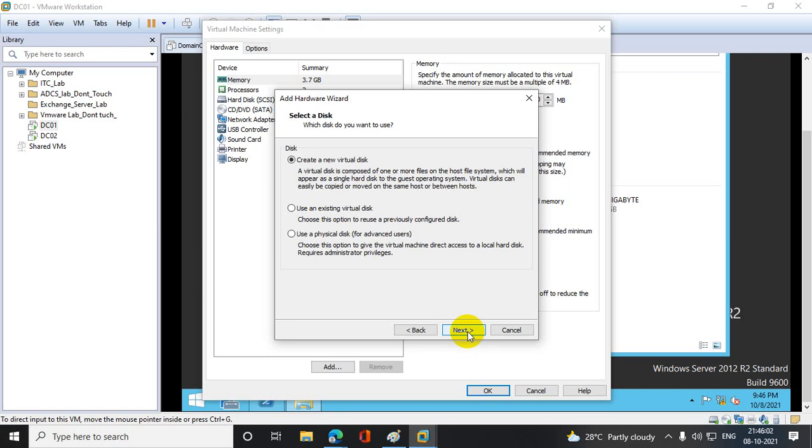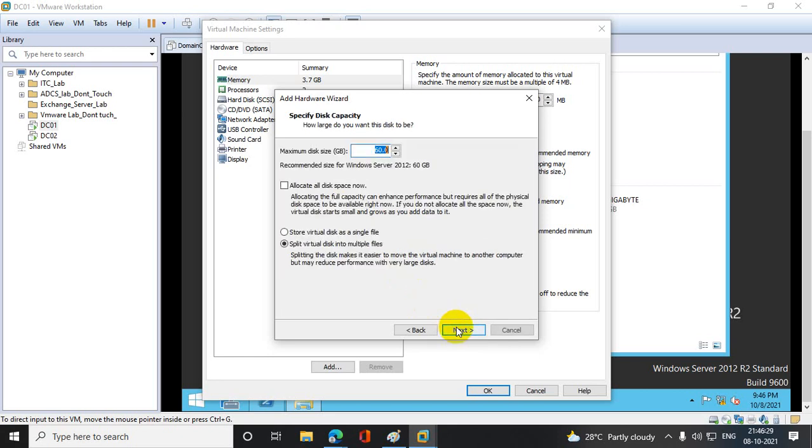In physical disk they also have physical mount points and that can come from storage. When I show you the disk part, it will be clear for your doubts. But the AD team will put a request to the Windows team that I need a 40 GB disk on my domain controller. Once you get the approvals, you raise a request to your Windows team. They will create a 40 GB or 30 GB disk.